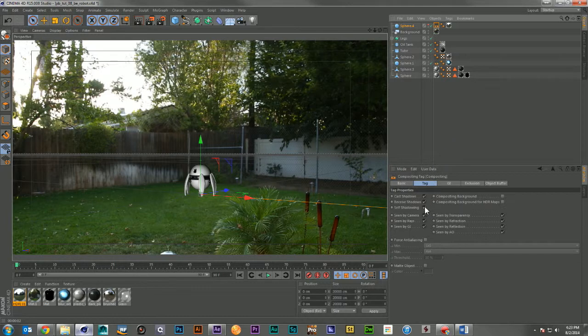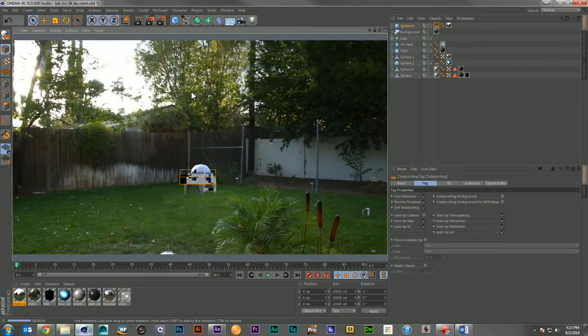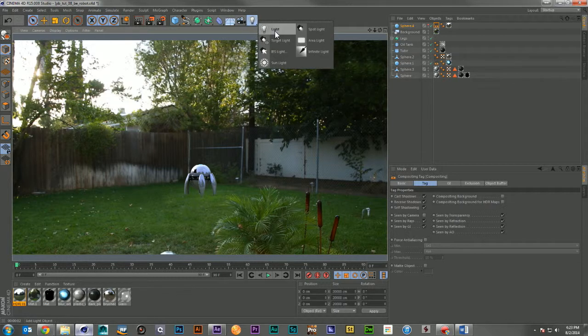And in the compositing tag, I'm going to turn off seen by camera. Now, when I take a render, we've got a lot of beautiful reflections that are nice and green and beautiful. The bottom has nice green to it. It looks like it's sitting more or less in this environment. So the next thing we want to do is add a little bit of lighting. And I'm just going to come over here. I'm going to grab a point light,